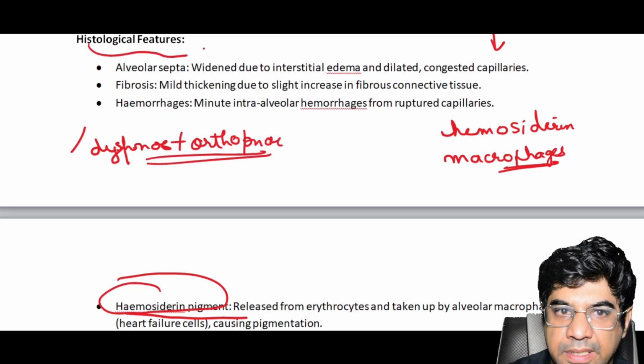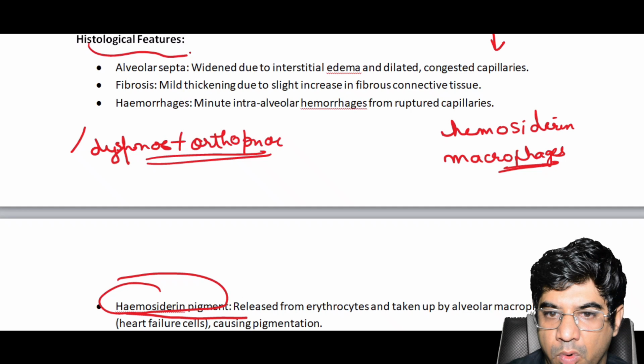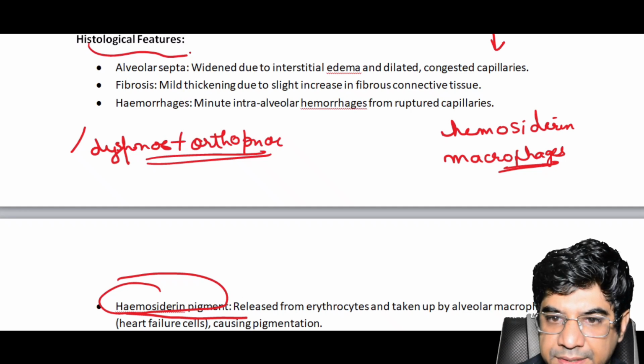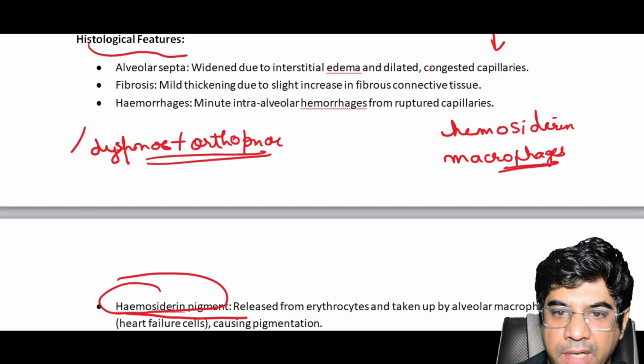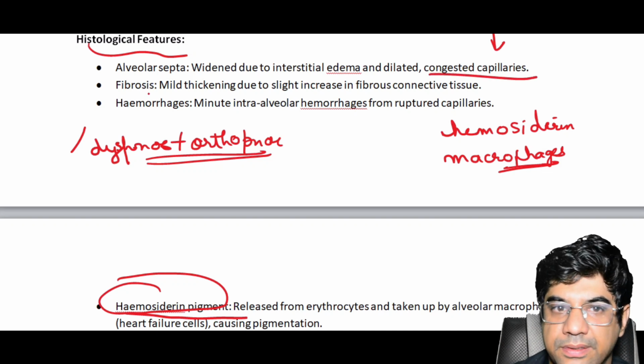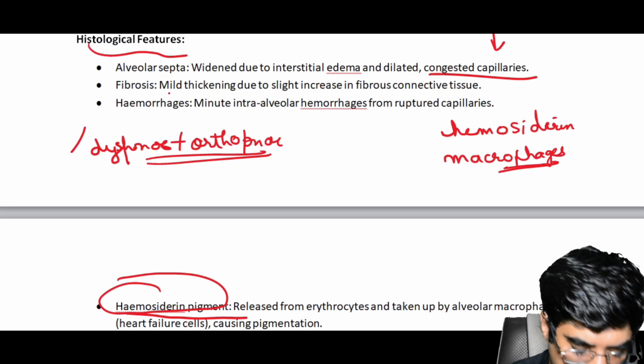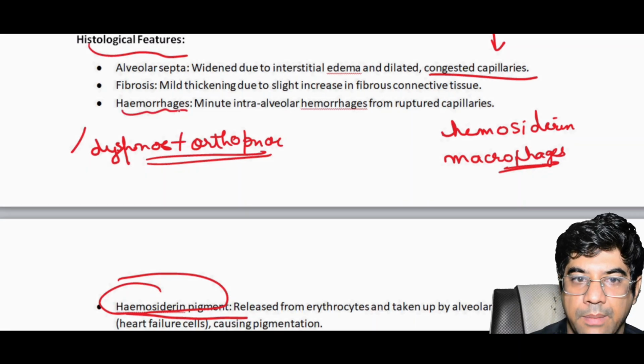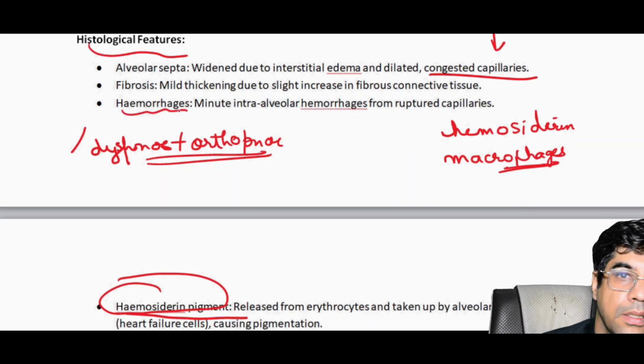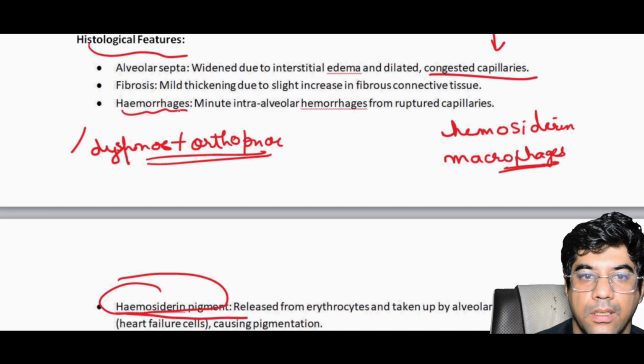On histological features, you will see the walls between the air sacs are widened because of fluid buildup and the presence of dilated congested capillaries. There is thickening of the lung tissue due to a small increase in fibrous connective tissue. Apart from that, hemorrhage could be seen,